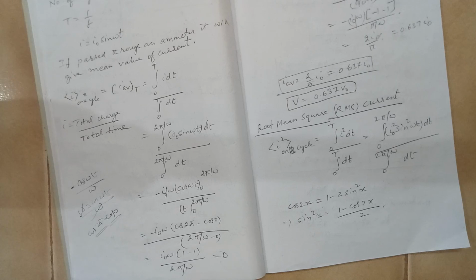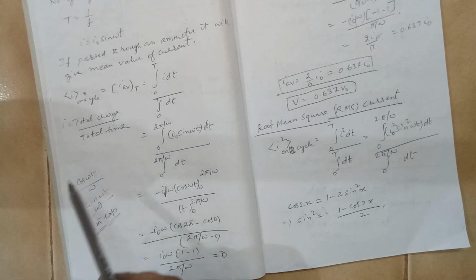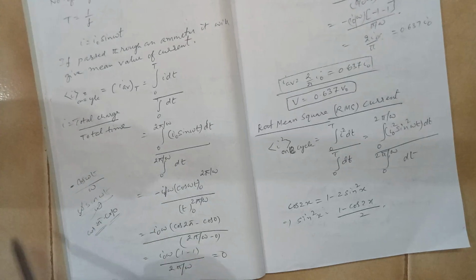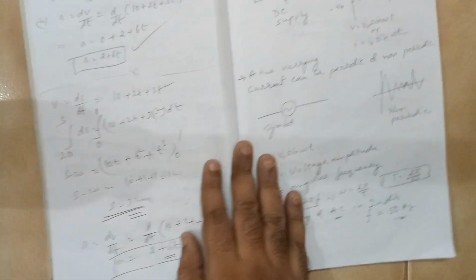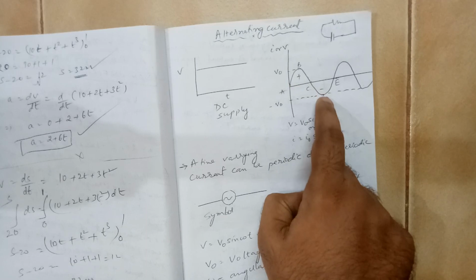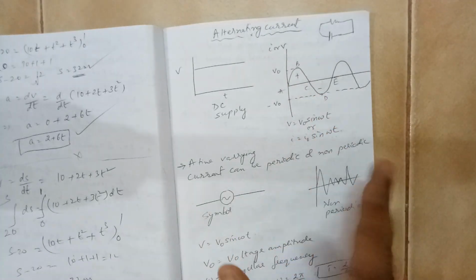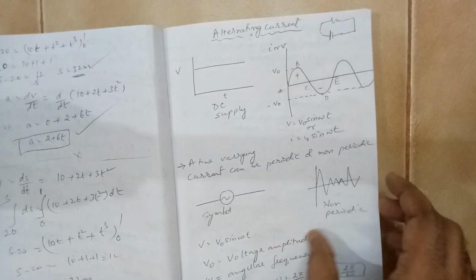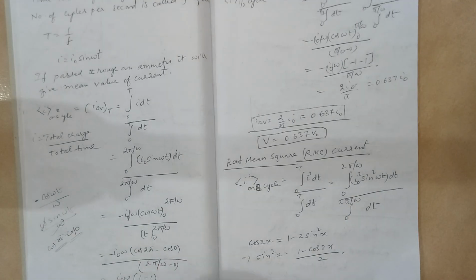Now what is the meaning of that? The meaning of this is that over one cycle, when you take the average current, it is becoming 0. And why it is becoming 0 means it is perfectly symmetrical. This upper plus value and the lower minus value are absolutely the same. So that is why this plus and minus is making it 0. So this is one very important point that we have to note in terms of alternating current.